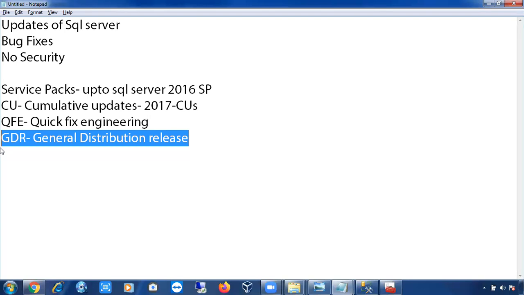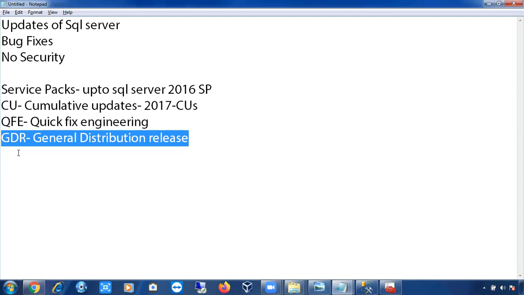In such a case, what will you do? Immediately Microsoft will work on it. Maybe in a day or two days, depending upon the severity of the virus. If it is that severe, then it will immediately work and release an update. Those are the security updates. Not only big viruses, it will release small security updates also. So GDRs are security updates. If Microsoft releases GDRs, you have to patch your SQL Server with the GDRs.